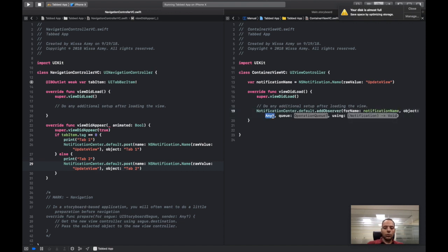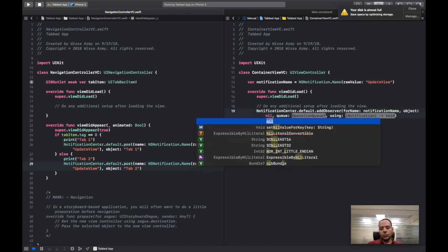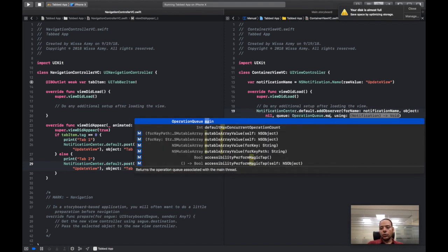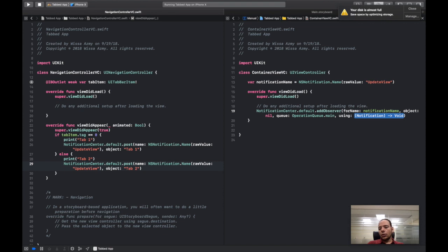That's it. Object, let's set this to nil, and the queue will be OperationQueue.main, and in this closure here we will receive a notification,